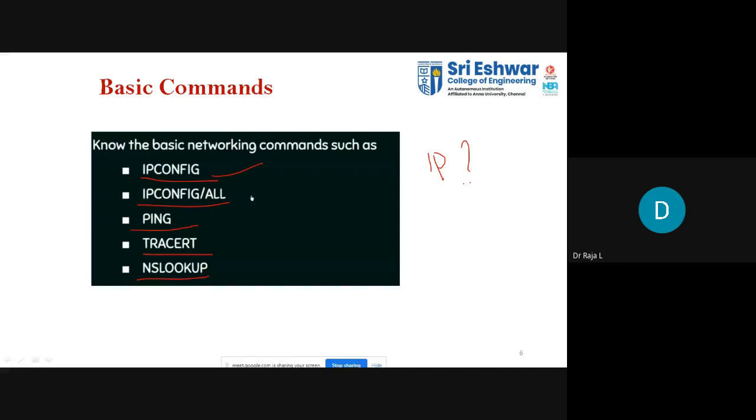It has two types of address. What are the two types of address that every node has? IP and MAC, sir. Yes, very good. IP is normally a 32-bit address, and the MAC address is 48 bits.